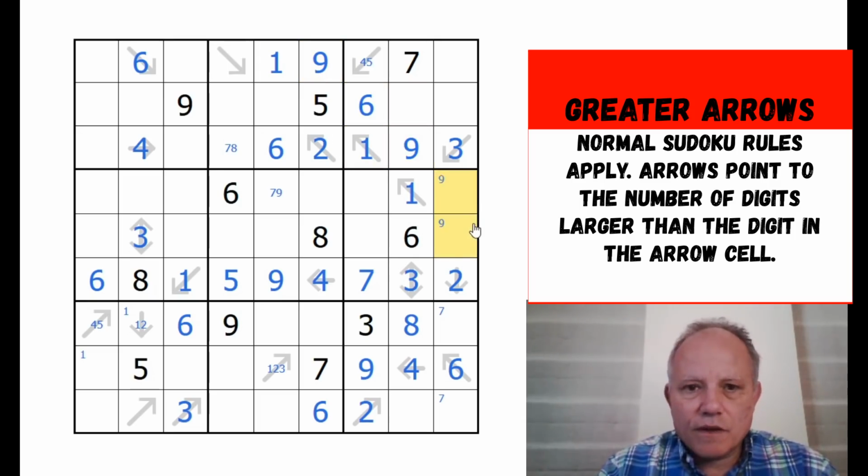A 9 in one of those. Oh yeah, this can't be 9 because it can't see 9 cells. So this is 9. Let's go to the right mode. There we go. That puts 9 here. Now,